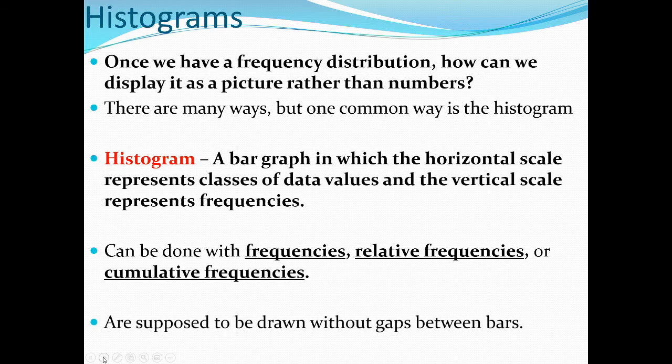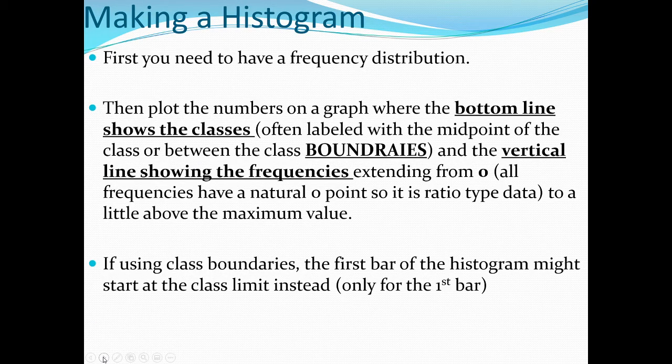So let's go ahead and look at some of the stuff here. How do we make it? Well, first we need a frequency distribution, obviously. And then we're going to plot the bottom line. The bottom line, the x-axis, is where people get most confused. You do not use the class limits for the boundaries of your bottom line. You use the class boundaries, which are those invisible middle points, or you use the class midpoints for your bar